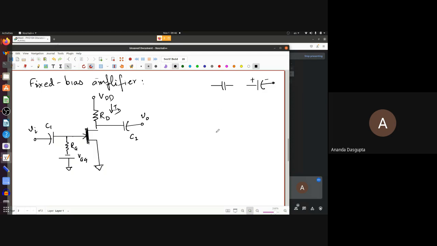So firstly, this is the AC equivalent circuit that I'm drawing here. Firstly, you have VI, the capacitor is shorted. Here you have RG. And then VGG has to be replaced by internal impedance. Now, a real battery does not really have zero internal impedance, but it has a tiny internal impedance, something of the order of ohms. So RG is anyway mega ohm order. So let's not worry about its internal impedance. We will just replace it by,